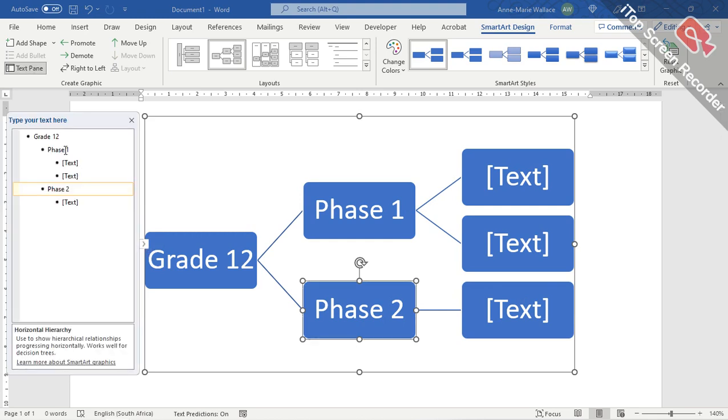Okay, and it'll bring up your text over here. So when I click on the grade 12s, you'll see that it highlights that one. Phase 1's over there. Phase 2's over there. Why are these ones indented more? Because they're sub-levels. So when I click on this, I can type in on the side over here,